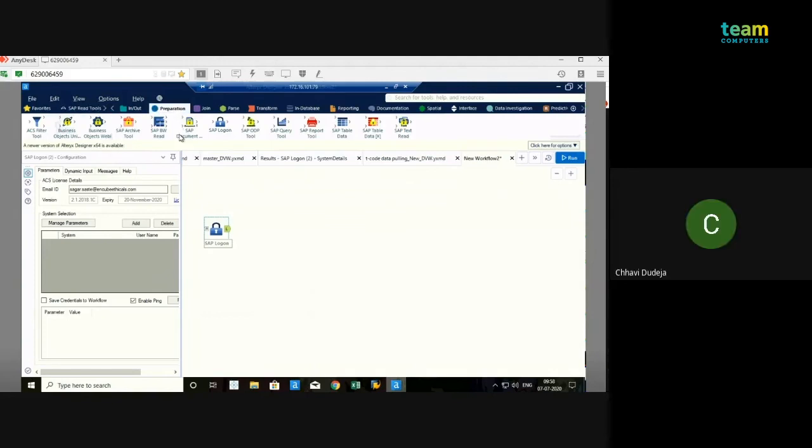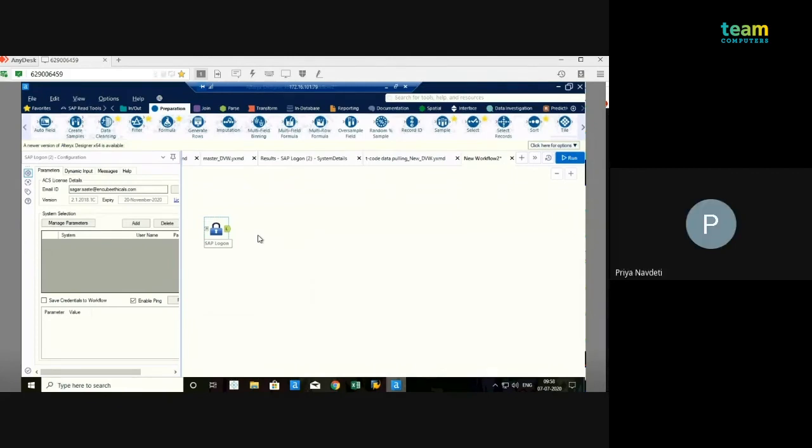By default, it would take it as string, right, when we are fetching the data? Yes. Right now the system we are using is SAP, so from where we are fetching the data, we are getting all the data as string. So we have to change it, either with the help of DBW or with the help of the select tool, to change the data type.